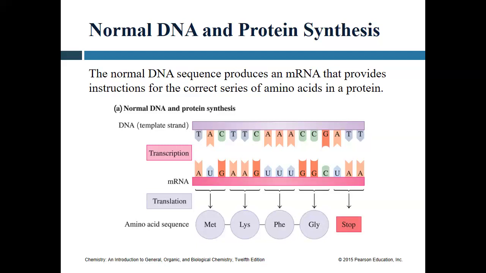So here's an illustration of what normal transcription and protein synthesis would look like. We've gone through this process already. You've got the DNA. The DNA gets transcribed into messenger RNA. Messenger RNA gets translated into the amino acids that make up a protein. And there's usually a very defined order that goes on here. But when we have mutations take place,